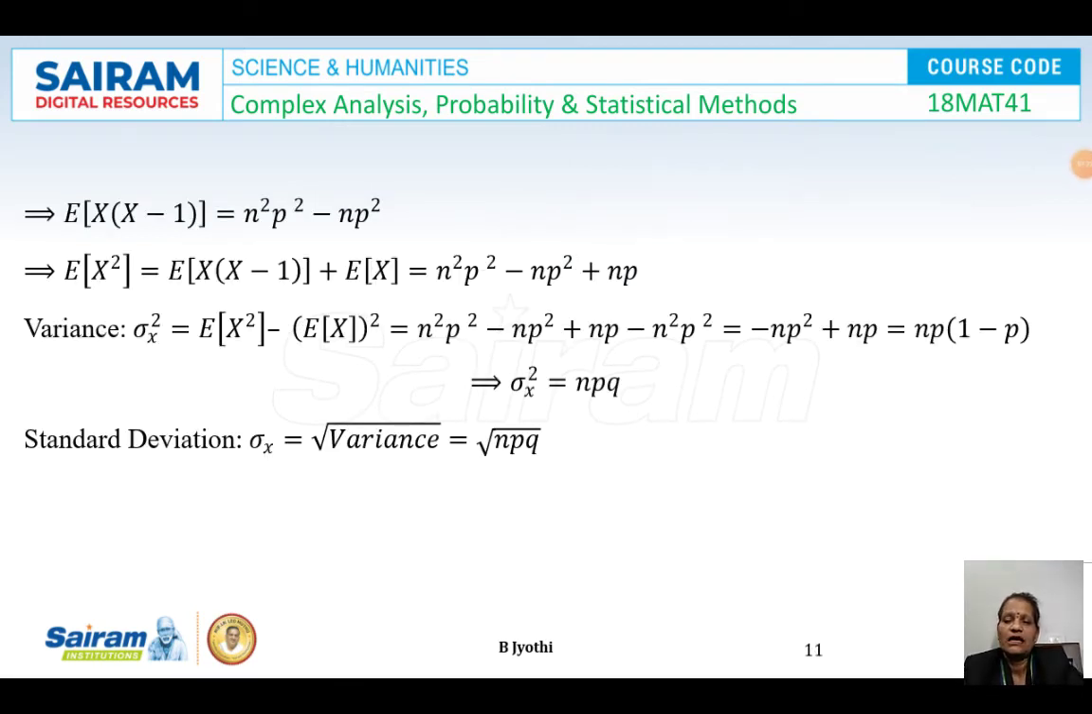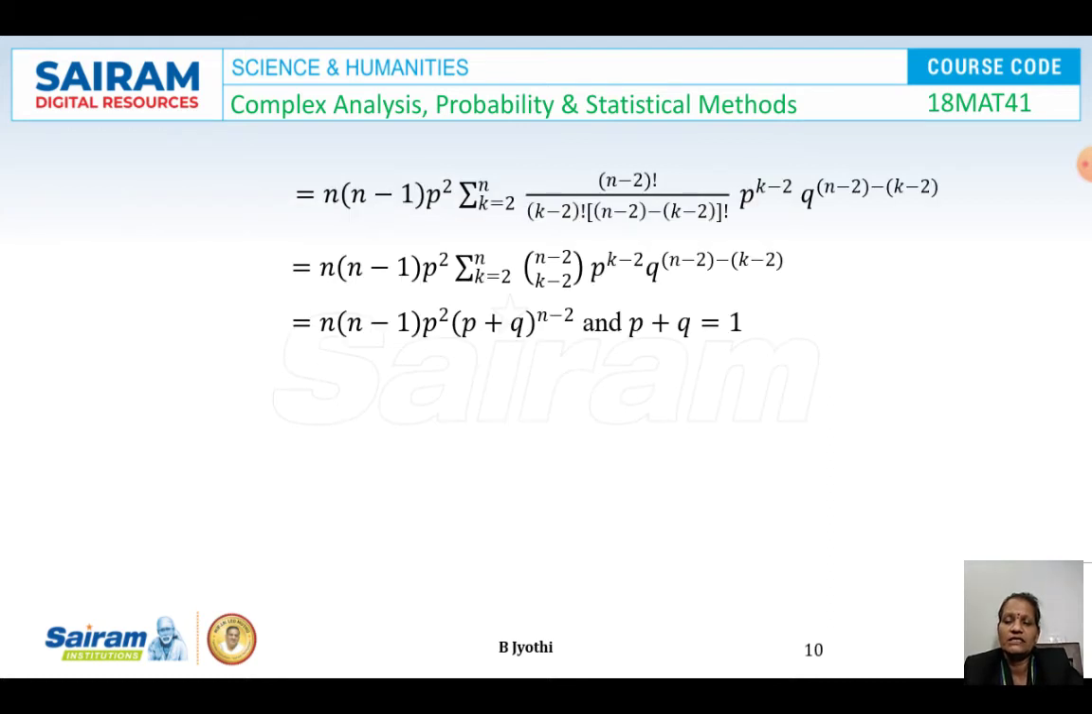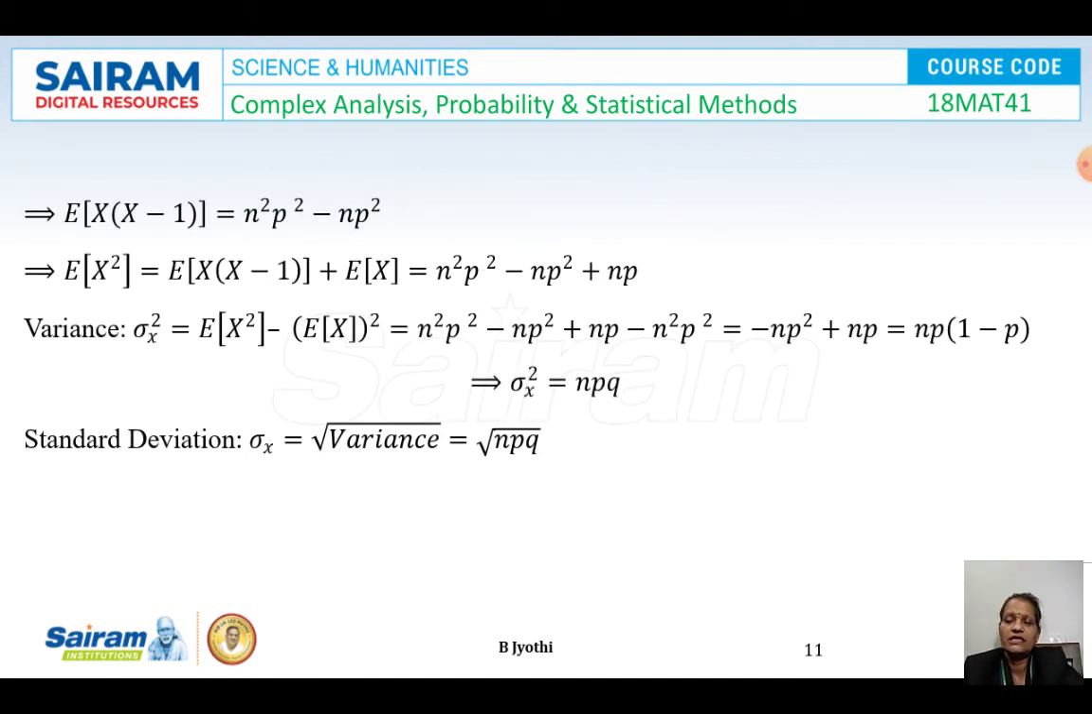That is n square p squared minus np square. Now we can take E of x square. E of x square is E of x minus 1 plus E of x, that is n squared p squared minus n p squared plus np. E of x is np, which we have derived already. So variance is given by E of x squared minus (E of x) the whole square,